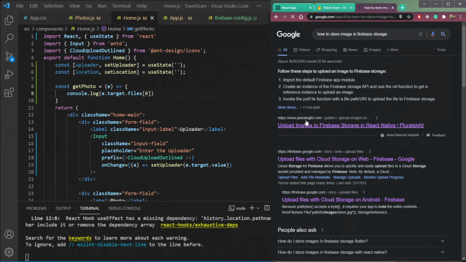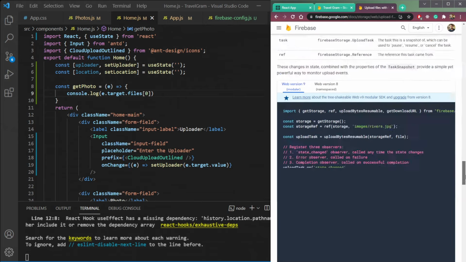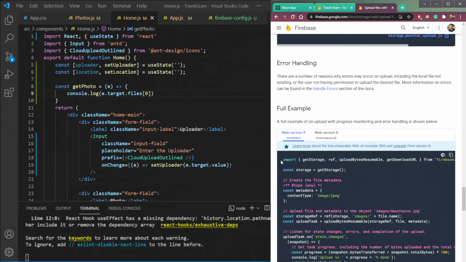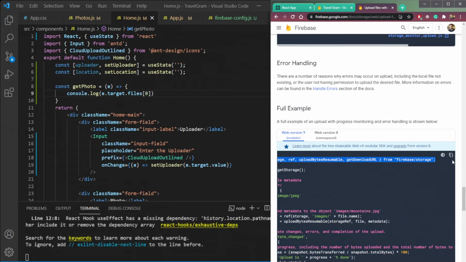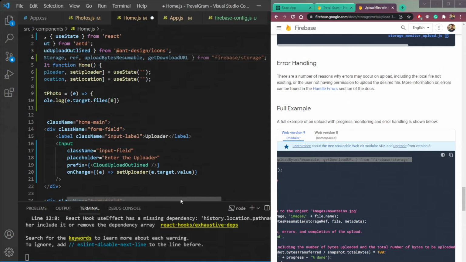Then this will open, not React Native. Open this one for the web, second link. So go at the bottom. This is the whole code of uploading image. So import this, get storage, ref and everything else, and put it at the top from Firebase storage.